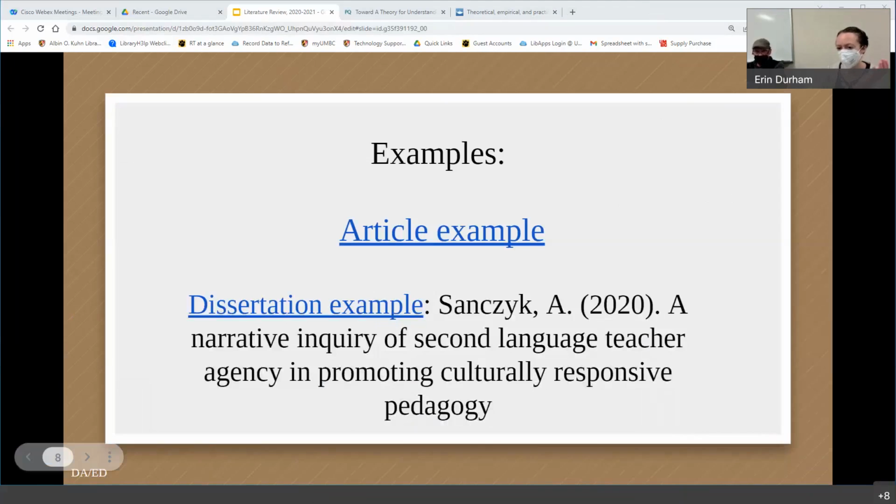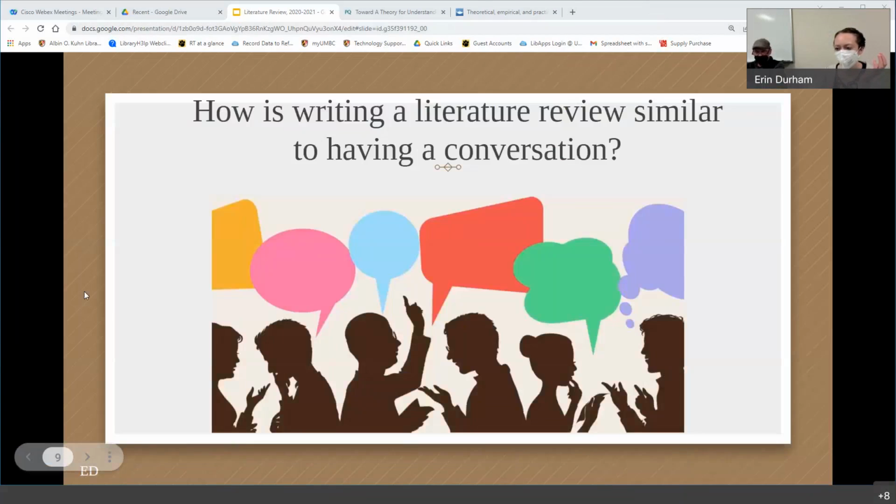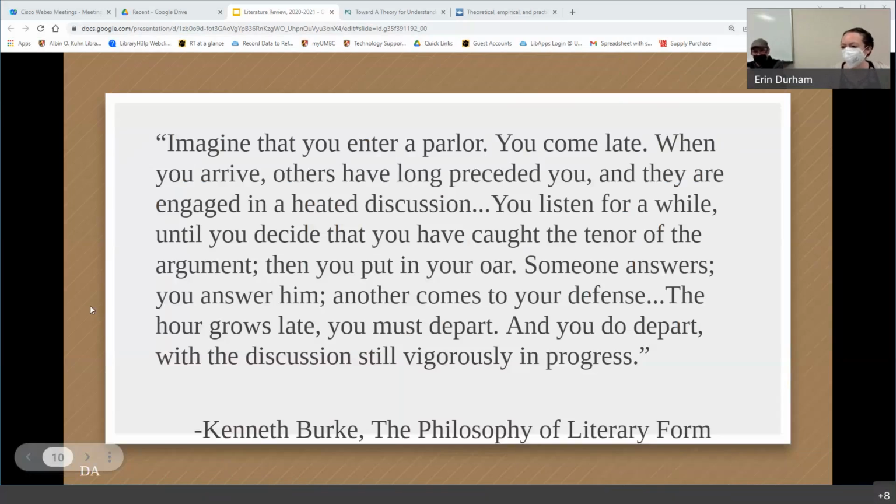So we looked at two examples. And this goes back to the conversation point where you think of it as a conversation. Like Erin said, you are trying to put yourself into a larger body of work done by people. So what's the next one? Yeah, this one. Just read through that. You come in late and you're